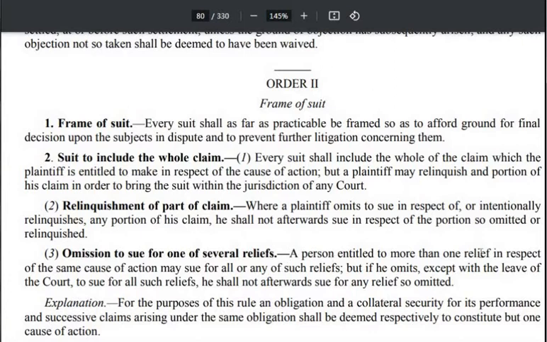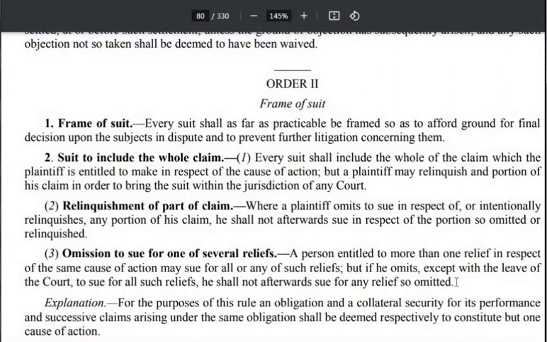अब थर्ड क्लॉज पढ़ो आप। A person entitled to more than one relief of same cause of action may sue for all or any of such reliefs, but if he omits, except with the leave of the court, to sue for all such reliefs, he shall not afterwards sue for any relief so omitted।